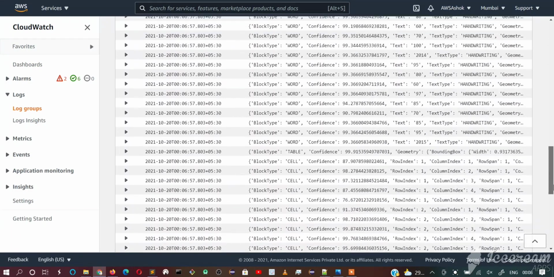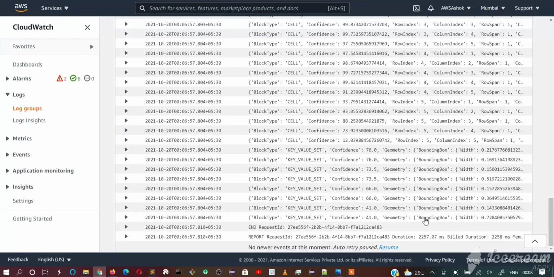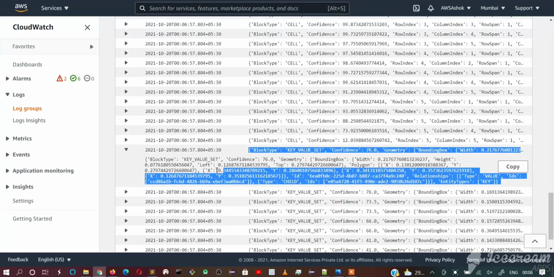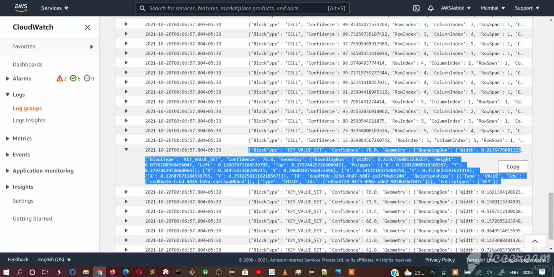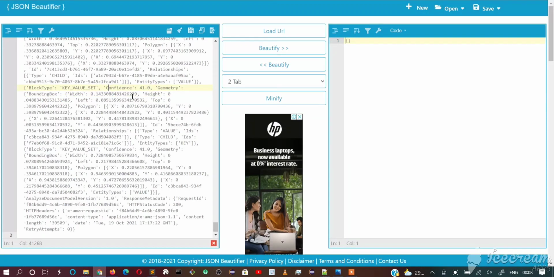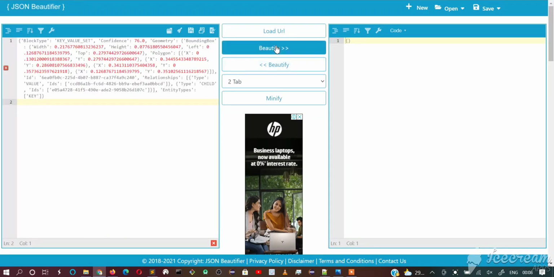Let's go to the key value set. Let's go to the first one. If we expand this key value set, just using the JSON beautifier, let's use this.